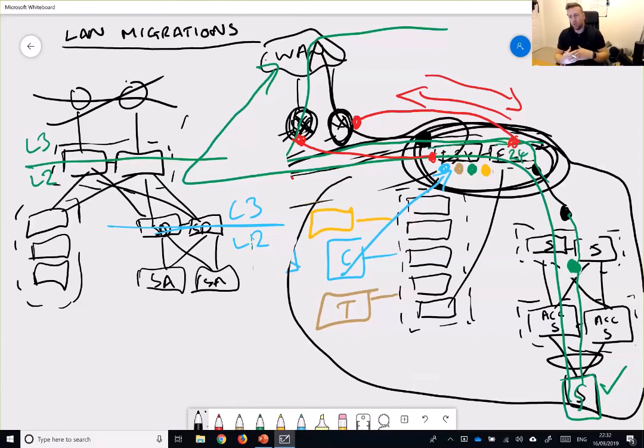So you change the priority on the HSRP interface, so there is layer 3 on that side. It's just not effectively active until you change the priority of the HSRP.